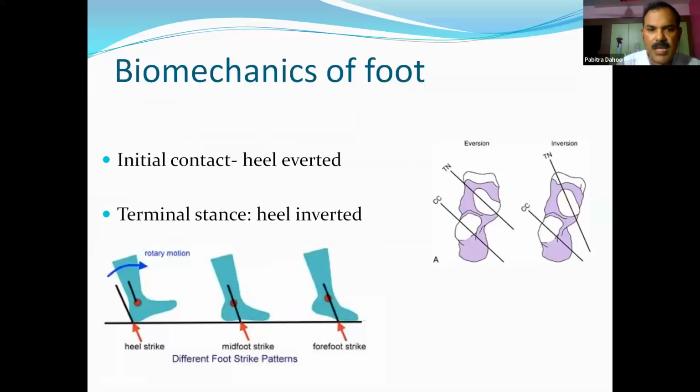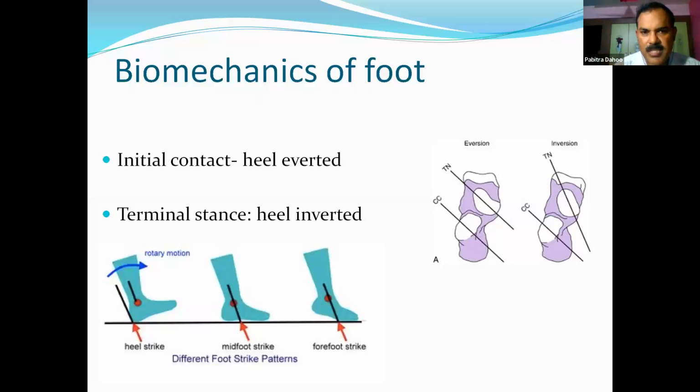During initial contact, the heel must be everted. That means the foot must go towards valgus. This is helped by the distal joints of the foot, which we ignore. We always look at the tibiotalar joint, that is the ankle joint, and the subtalar joint. But there are other joints distally, like the calcaneocuboid joint and the talonavicular joint. They have a great role during locomotion